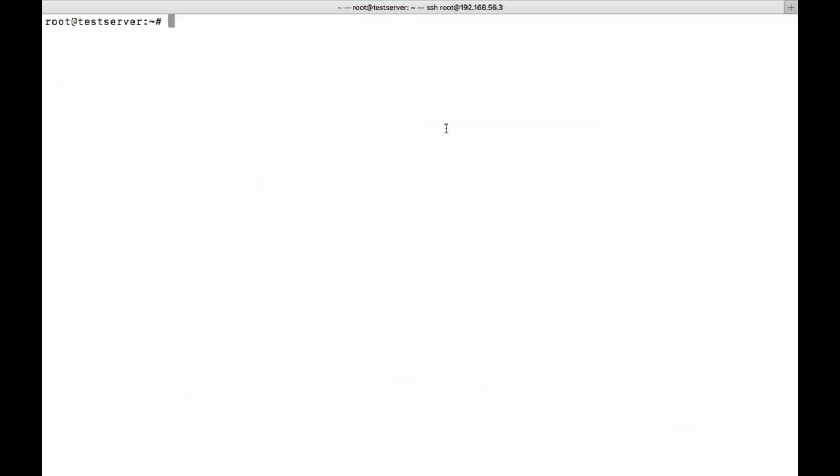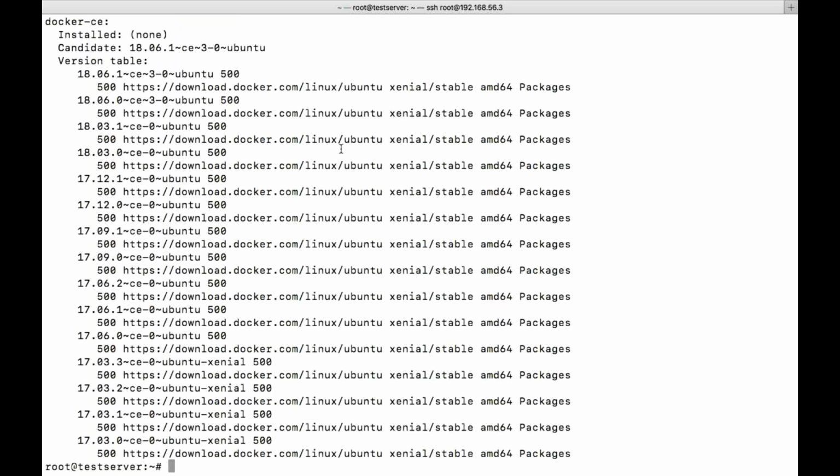So then we have a command, in Debian machines I'm talking, apt-cache policy docker-ce. So these are the versions which are supported by your Docker repository.